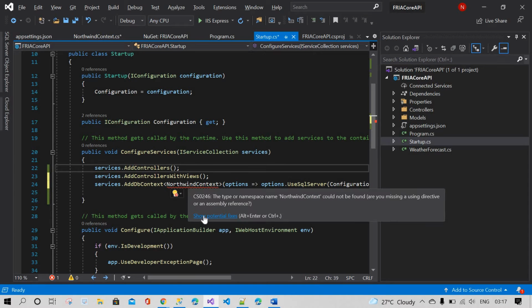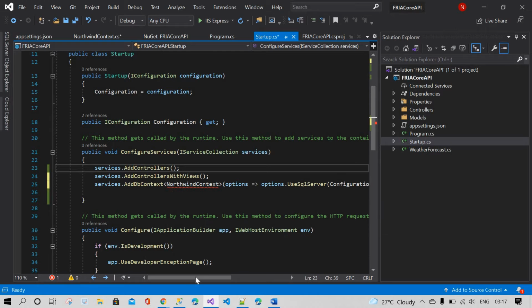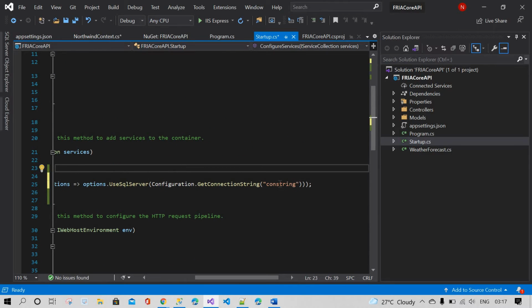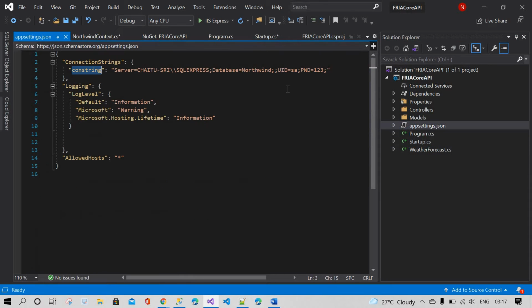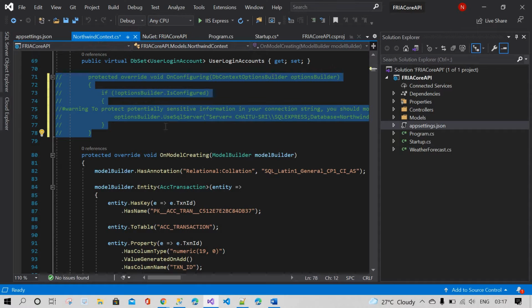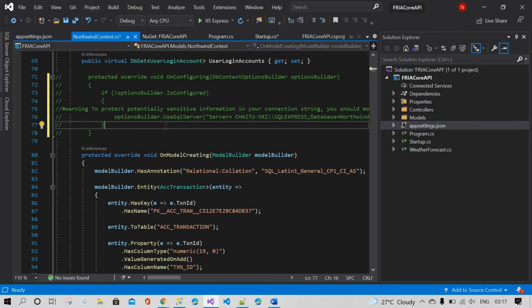We need references, assemblies. Okay, now it's gone. Here the connection string should be the name of what we initialized in the appsettings.json, so the same name. Now this part has completed. Until now we have discussed how to communicate with the database and get all classes, all tables, in the code. That's one part. But if you want to update or delete the existing database fields, I will show you how to do that.